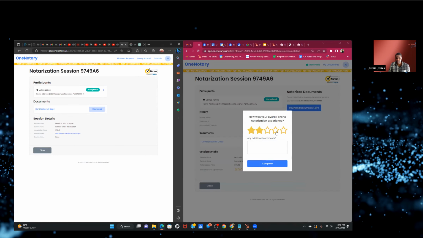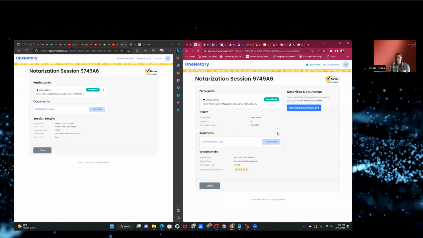And here we go. Signer can go ahead and rate their experience. Now, as I was saying, the signer will be able to download their document here. Their document will only be available for 7 days before it is permanently deleted. And there's nothing we can do to retrieve that document. So if this is something that they want, definitely let them know that they have 7 business days to download that document. You on the other end, your document will be available for 14 days, and you will also have access to the video. Now to download, all you have to do is click on download, and obviously it downloads the document directly to your computer.